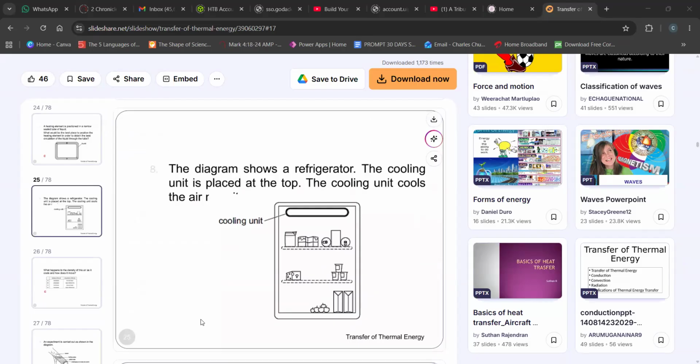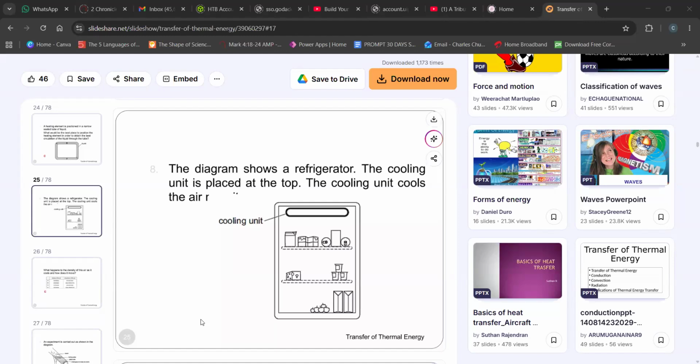You notice the cooling unit is placed at the top. So that's why the things on top seem to be cooler than the ones down. But then because we know that convection will happen,